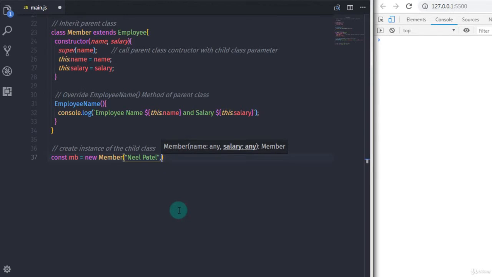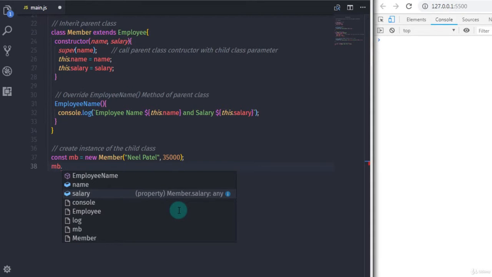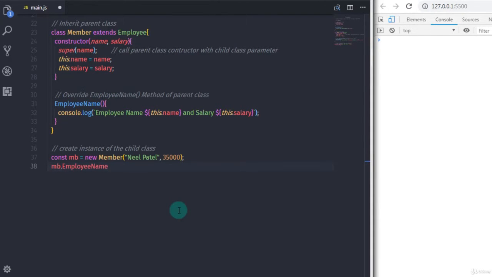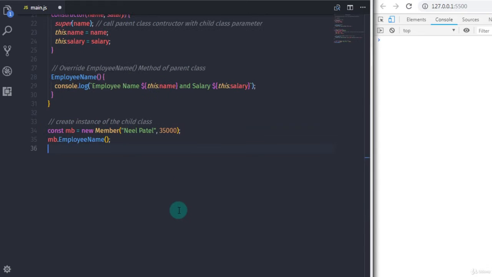So I will say Neil Patel. So this is the name of the employee and salary is 35,000, right? And just after that, using the instance, I will call my employeeName method. So I will say mb.employeeName. So when you execute this statement, you will get your message on the console, employee name and his salary,